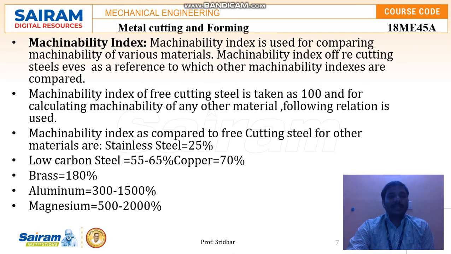And the machinability index also. The machinability index is used for comparing the machinability of various materials like lower carbon steels, brass, and